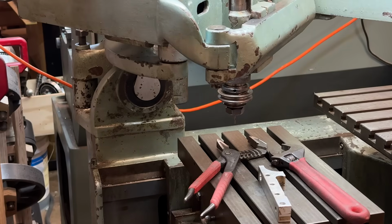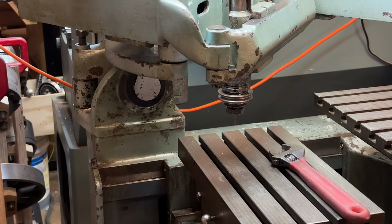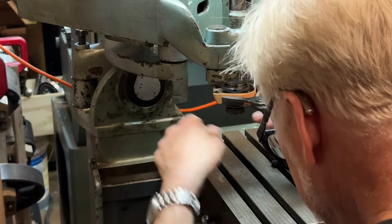I thought I was clever, but the tool didn't work, so I'm just going to use leather, lockjaws,